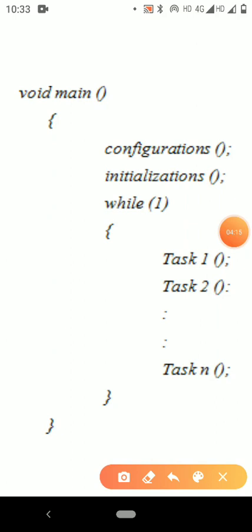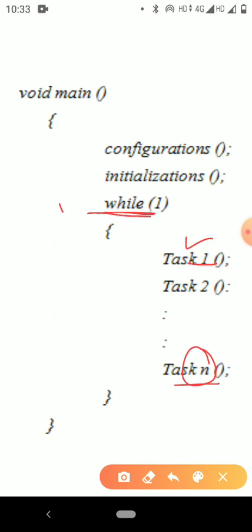This is an example code. Here tasks 1 to n are performed one after another, and when the last task, that is the nth task, is executed, the firmware execution is again redirected to task 1 and it is repeated forever in the loop.